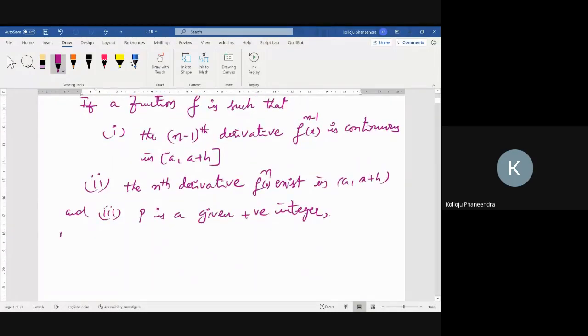Then there exists at least one number theta, or one value theta. Theta belongs to what? In parametric form, it belongs to (0, 1), such that